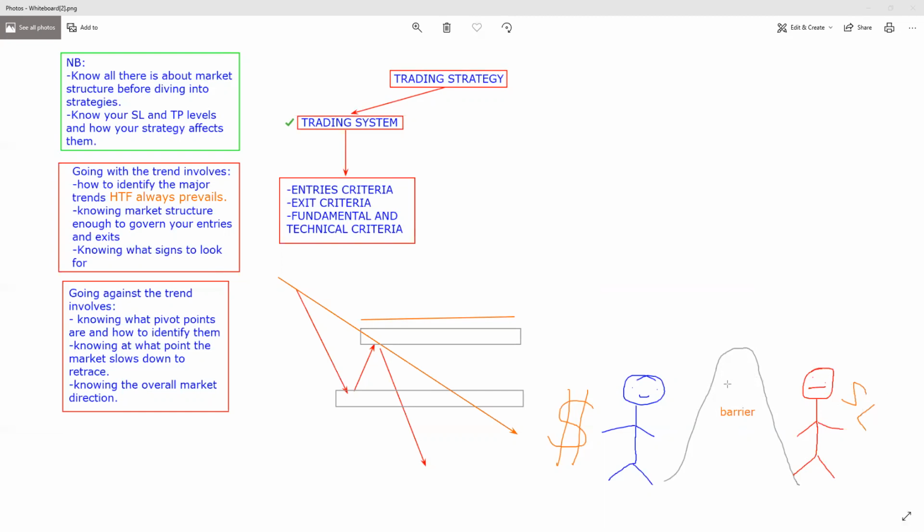These barriers are what we term as something like trend lines, support and supply and demand zones, psychological levels, and so on and so forth, etc. So these things that I'm telling you as the barrier, I'll give an example of this case scenario, and you'll see that this was acting as a barrier as well as this zone here.